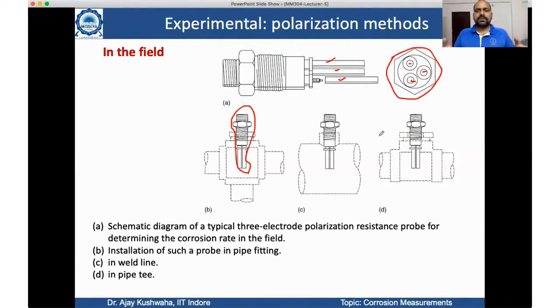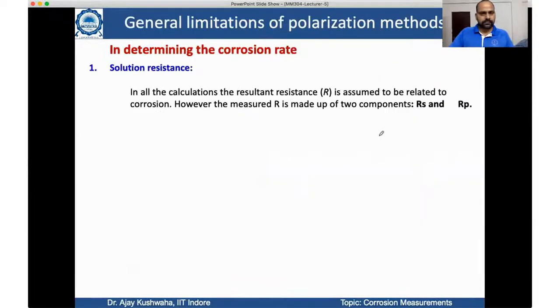So once we want to measure, we just fit this probe, and later on anytime we can monitor or measure the corrosion resistance, and based on the corrosion resistance and other parameters we can calculate the rate of corrosion. So these were at least how we are doing corrosion measurement in the laboratory, and how we are doing the corrosion measurement